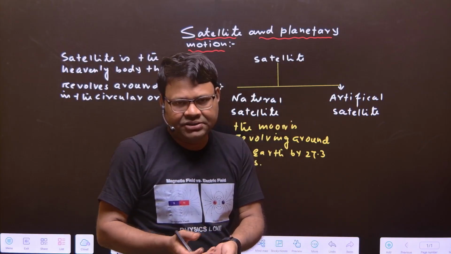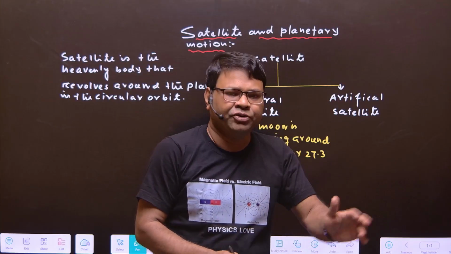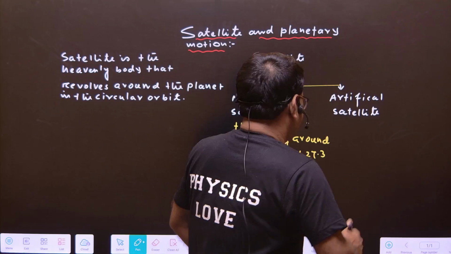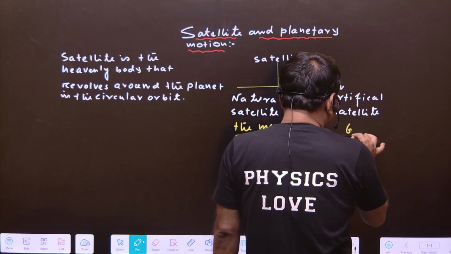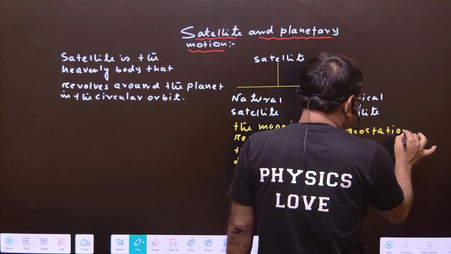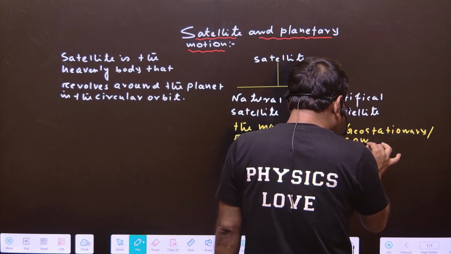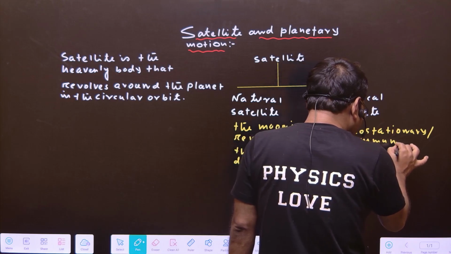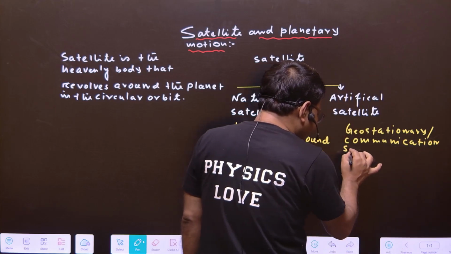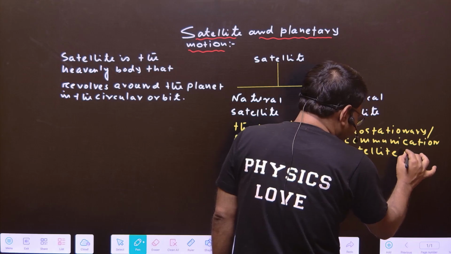Artificial satellite means, suppose for communication purposes we are sending a geostationary satellite. Later we will discuss in detail what a geostationary satellite is. But now I am writing here: geostationary, that is a communication satellite, is sent